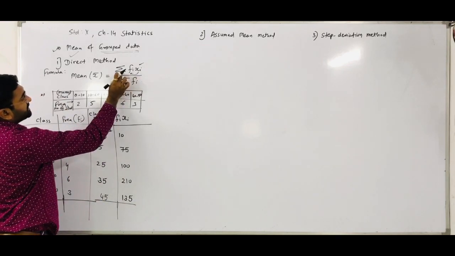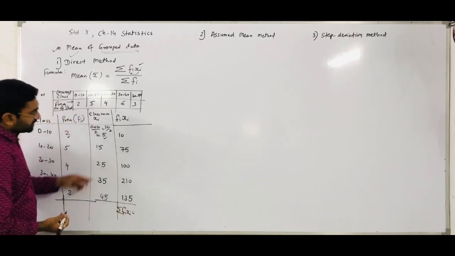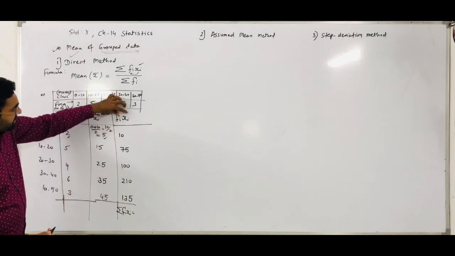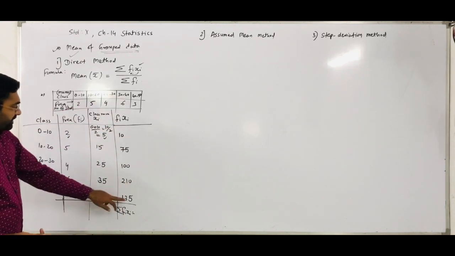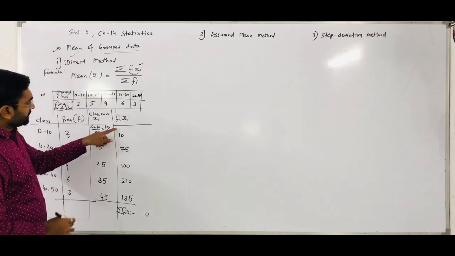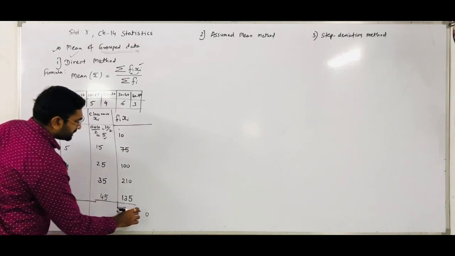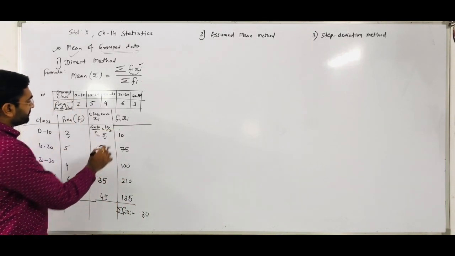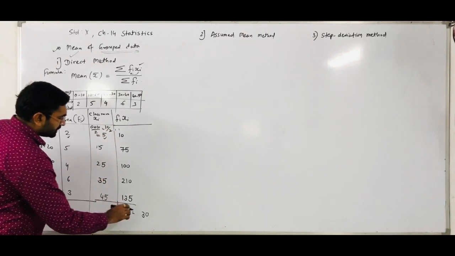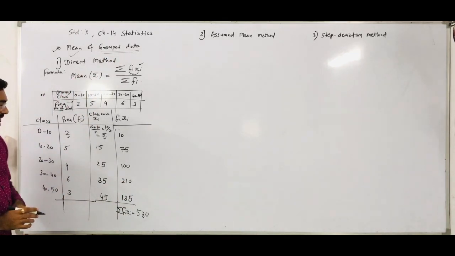Now observe the equation. We have to do the summation of fi xi. So here we write the summation of fi xi, and we add all these values. So add them: 5 plus 5 we get 10, so 1 is carry. 1 plus 1 is 2, plus 7 is 9, plus 1 is 10, plus 3 is 13, so 1 is carry. So 1 plus 1 is 2, plus 2 is 4, plus 1 is 5. 530 is the summation of fi xi, right?